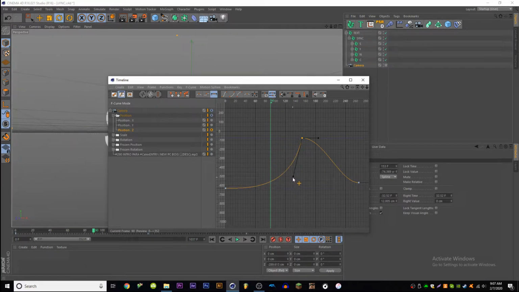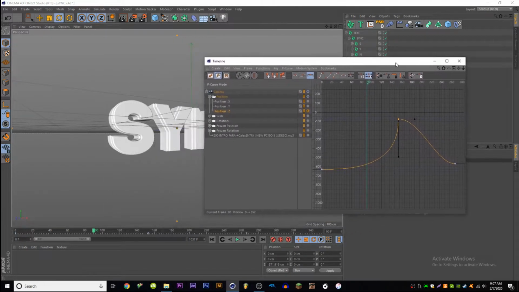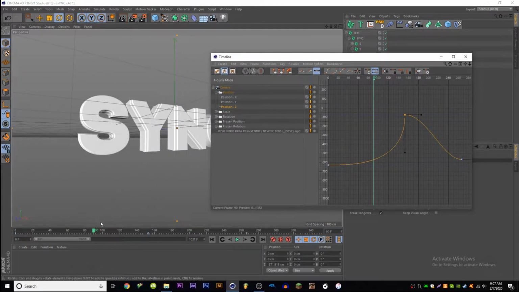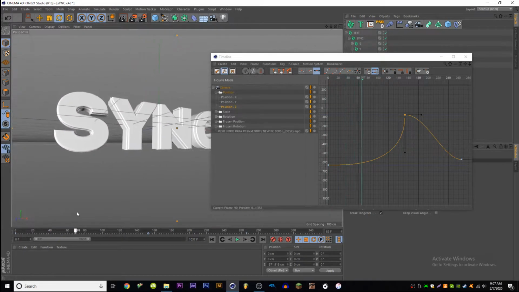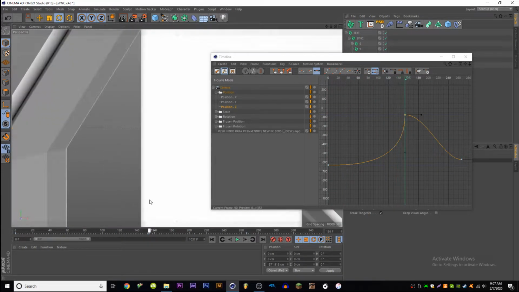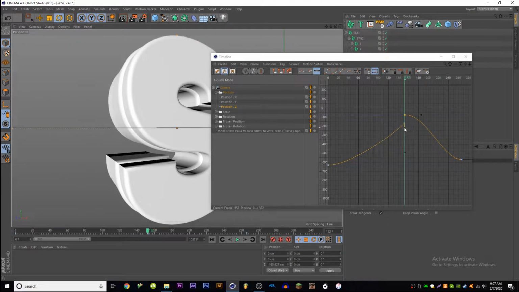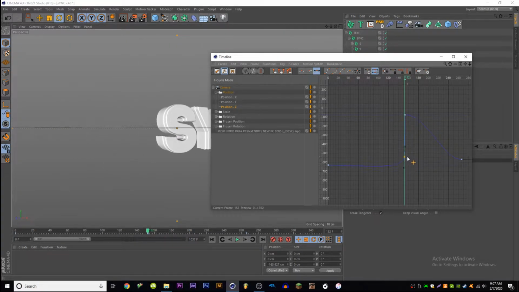So now you can just drag it down like that, and so pretty much I'm gonna go create another keyframe, just to make it like this. And then I'm gonna click this keyframe button right here,